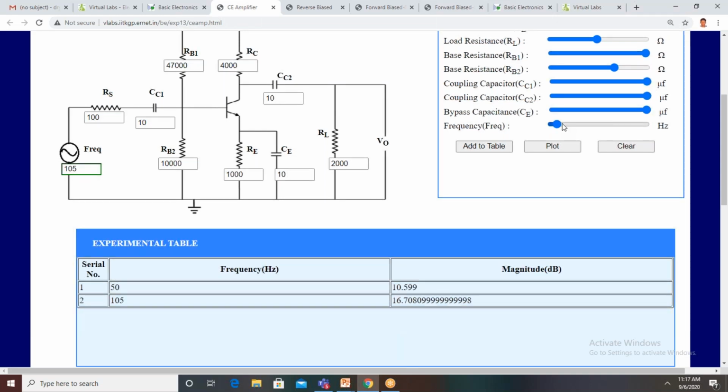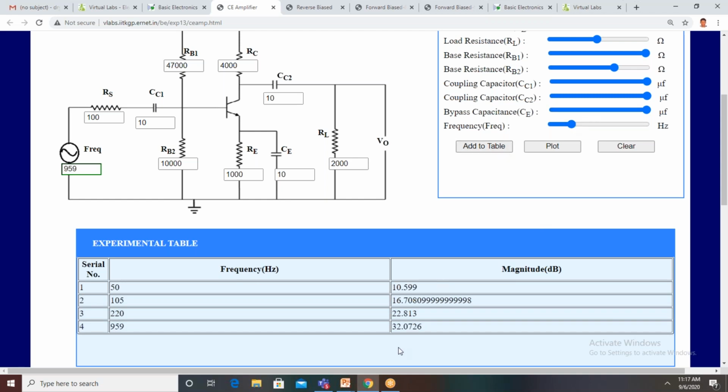Then change the value to 200 or 220, any value, no problem. Add to table. Now it is 22.813. Then take another value. Add to table. Now it is 32.026. At 959 Hz, the gain is 32.072 dB.